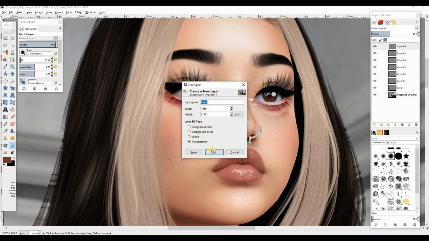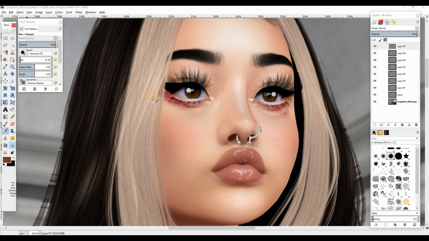And what else you can do is use this airbrush tool and go in on the sides and kind of down here. You're gonna put opacity down, so don't worry. Also this side, and yeah, so opacity down. So this is a new layer, by the way, don't forget that. So like this, and now we're gonna use the eraser tool. We clean it up, and also clean up this side a bit,